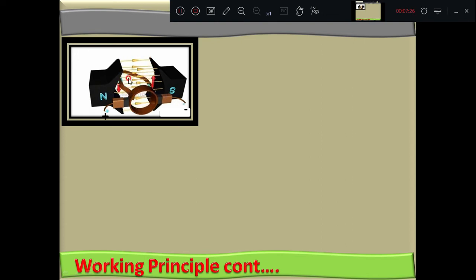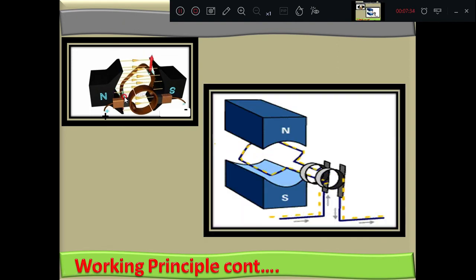That is nothing but a current carrying conductor placed in a magnetic field. There is a conversion of electrical energy into mechanical energy. One more animation is explaining the same thing here. Once again we are inputting the electrical energy, meaning we are passing a current in the armature conductors, which are placed under a magnetic field. Because a current carrying conductor is placed under a magnetic field, a force is exerted on this conductor. Because of that, the armature starts rotating. That is how there is a conversion of the electrical energy into rotating mechanical energy.